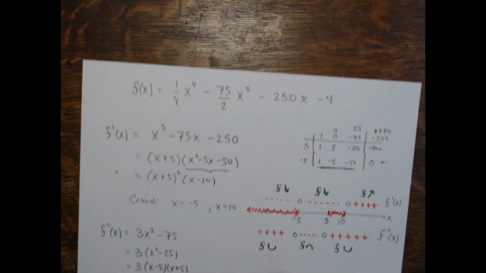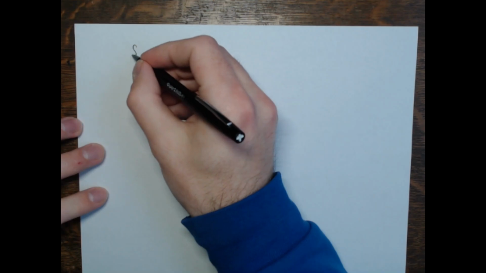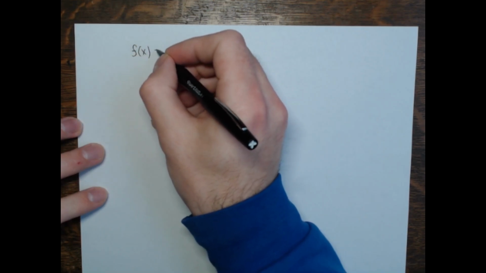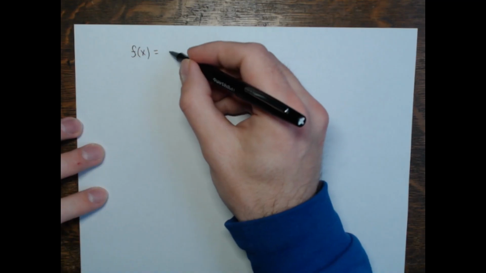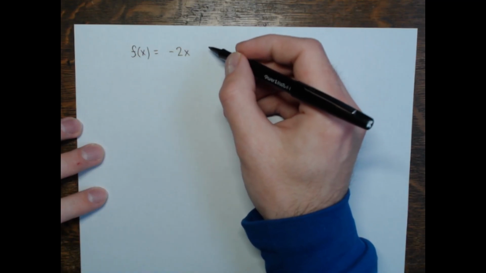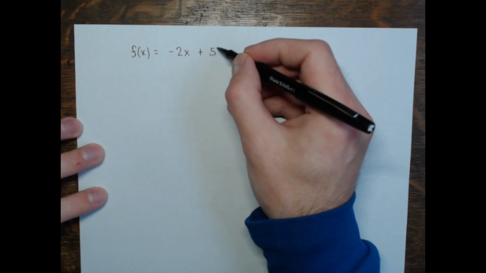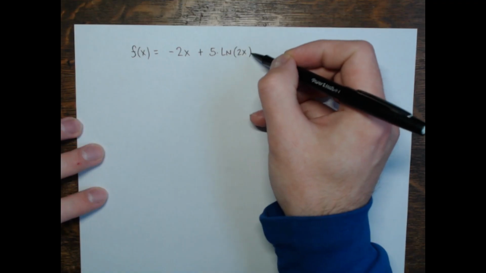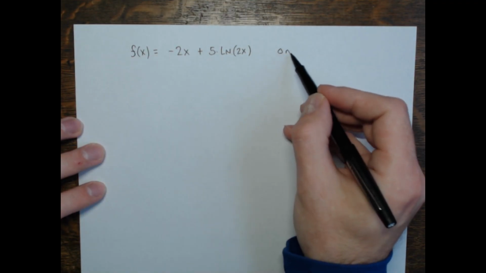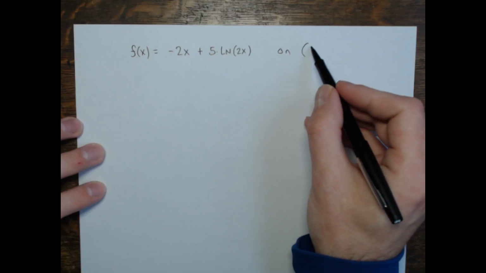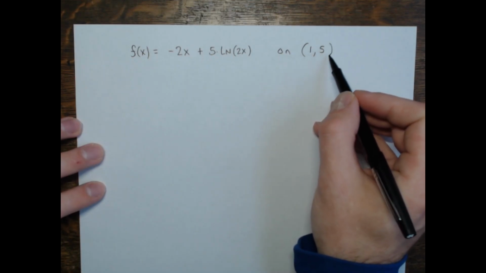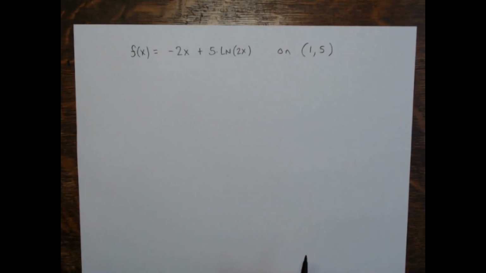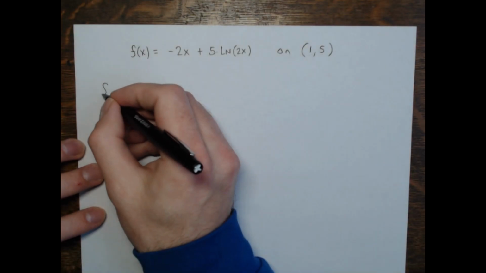Right, so let's take this function here. So this one involves a natural logarithm, right? You've got f of x equals -2x plus 5 times the natural log of 2x. And again, we're only looking on the interval from 1 to 5, right? +1 to +5. So I take my first derivative,